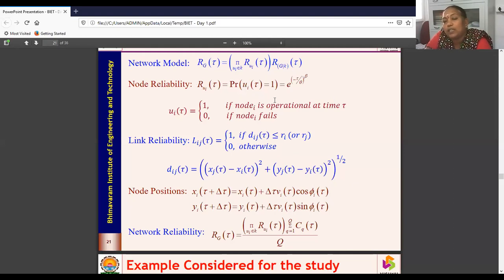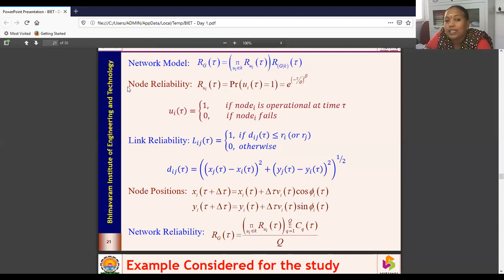And the Weibull distribution, based on the parameter, can tell us whether it is normally distributed, or positively skewed or negatively skewed, I mean right skewed or left skewed. Everything depends upon your shape parameter beta. When beta is equal to 1, this particular model becomes a normally distributed model.